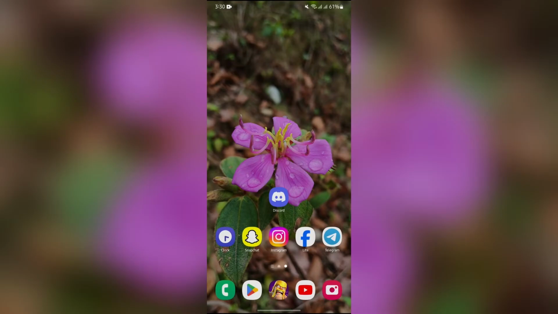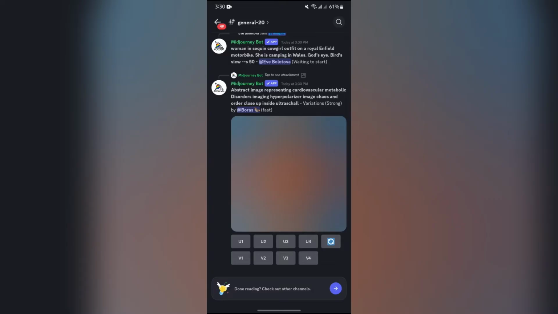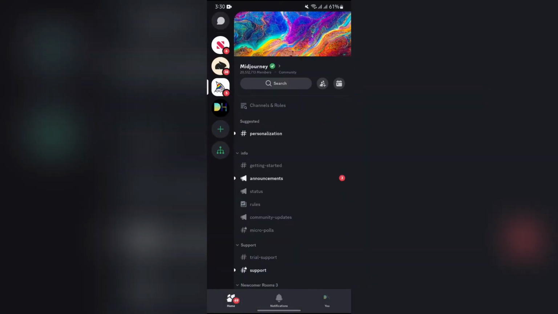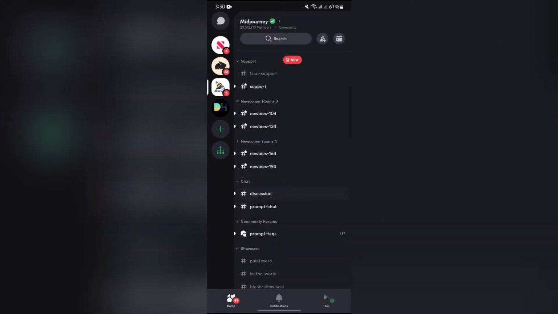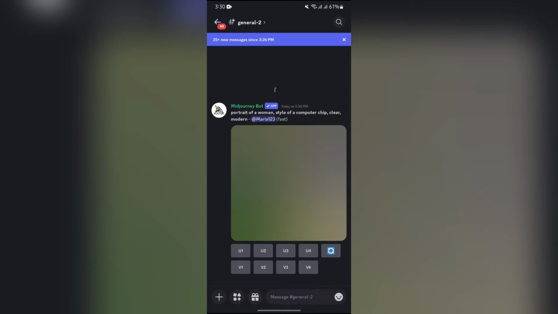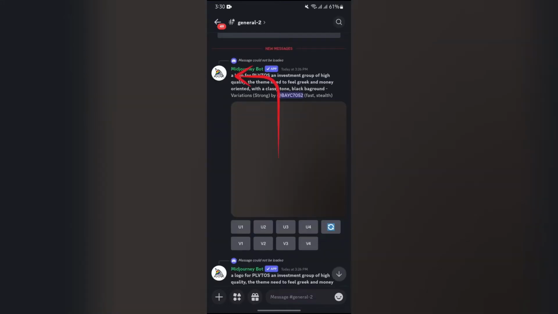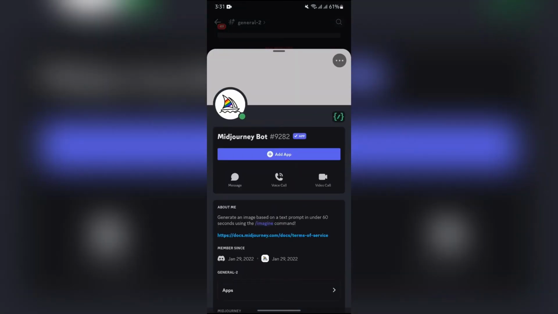Now in order to DM Midjourney bot, just simply open your Discord application at first, and after opening the Discord server, you will get to see something like this. You just simply have to go into Midjourney and from there select any of the general chat or rooms, and after that whenever you'll see this Midjourney bot, you just simply have to tap into that profile of Midjourney, and